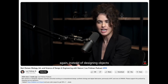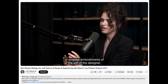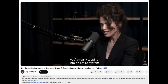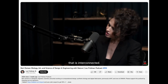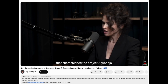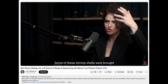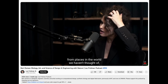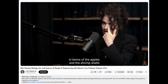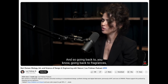Again, instead of designing objects or singular embodiments of the will of the designer, you're really tapping into an entire system that is interconnected. And if you look at the energy budget that characterized the Project Aguahojo, it traverses the entire planet, right? Some of these shrimp shells were brought from places in the world we haven't thought of in terms of the apples and the shrimp shells and the tree pulp. And so going back to